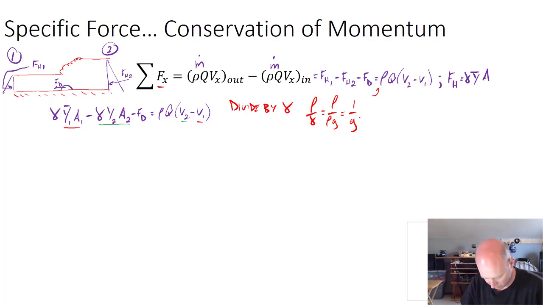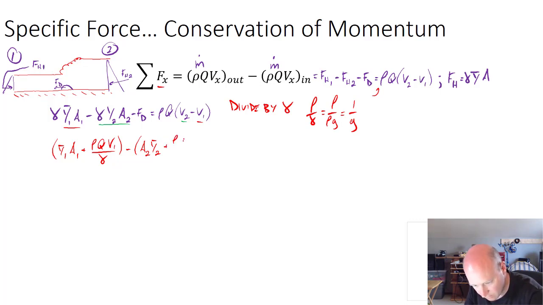So if we rearrange that and do that division, we end up with, okay, if we just do that simplification, rho over gamma turns into 1 over g. Then we get